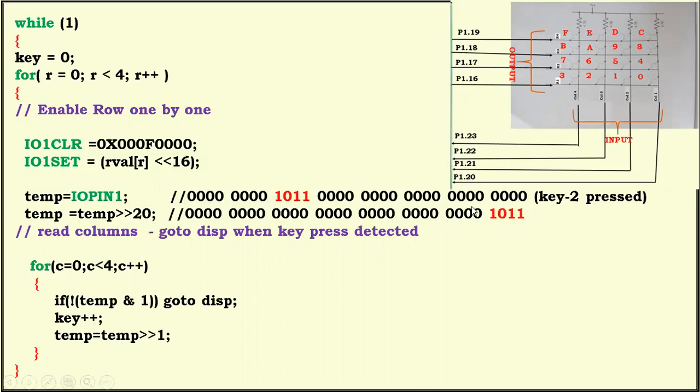Okay. Then we have to write a program to count the total number of ones before 0. So this inner for loop takes care of this particular logic. Then how many columns do we have? 4 columns. Therefore, we have to vary the C value from 0 to 4. C equal to 0, 0 less than 4, true, it enters into this. Here temp. So what is the value of temp? Now temp is this much.